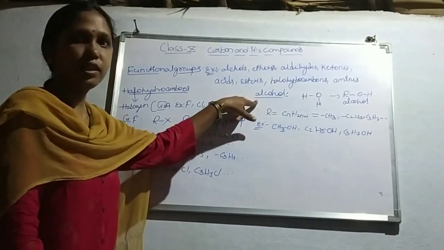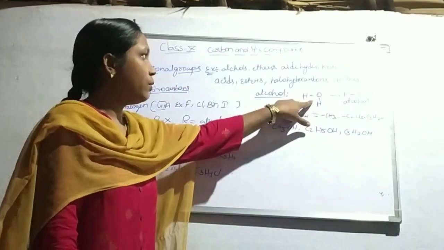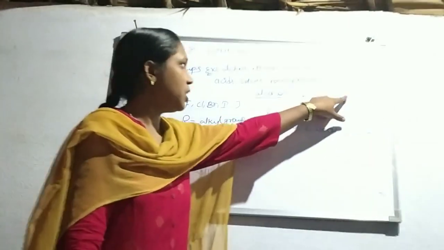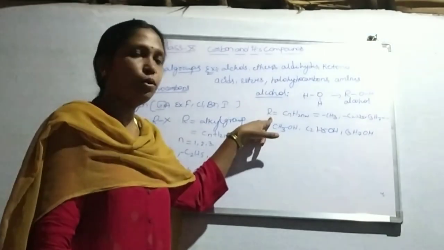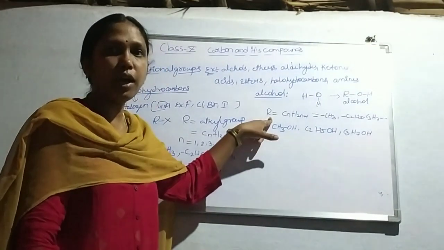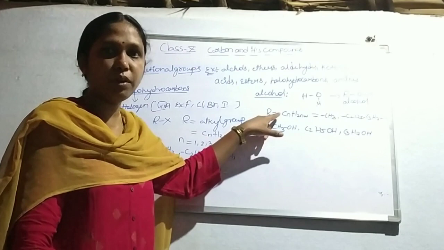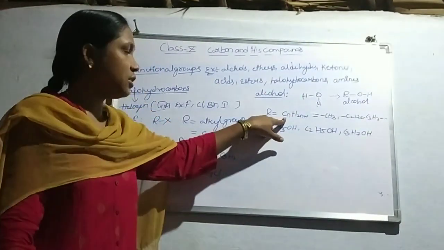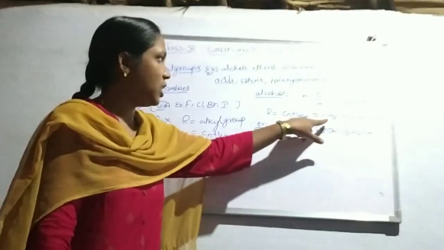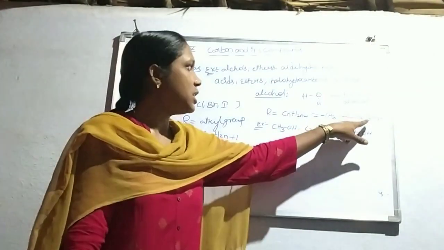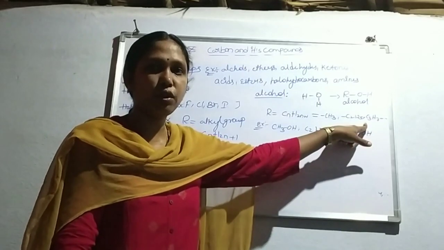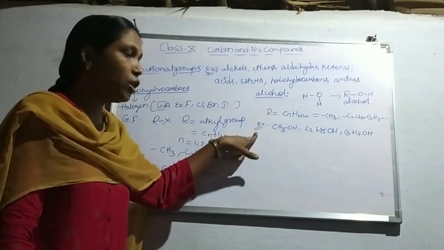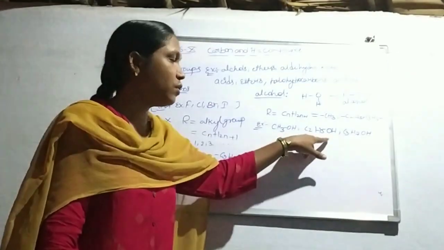Alcohols are the molecules in which one of the hydrogens in a water molecule is replaced with an alkyl group. Those are known as the alcohols. Alkyl groups have a general formula CnH2n+1, where n starts from 1. So CH3, C2H5, C3H7 are examples of alkyl groups. Examples of alcohols: CH3OH, C2H5OH and